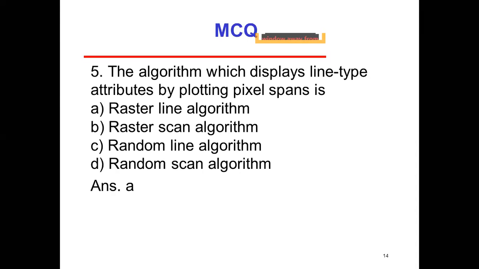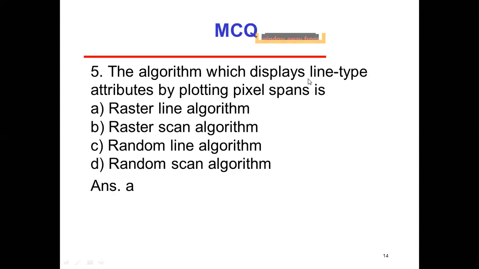Now another question, question 5. We have only 10 questions here and then a few long answer type questions. Question number 5: the algorithm which displays line type attributes by plotting pixel spans is raster line algorithm, raster scan algorithm, random line algorithm, or random scan algorithm.